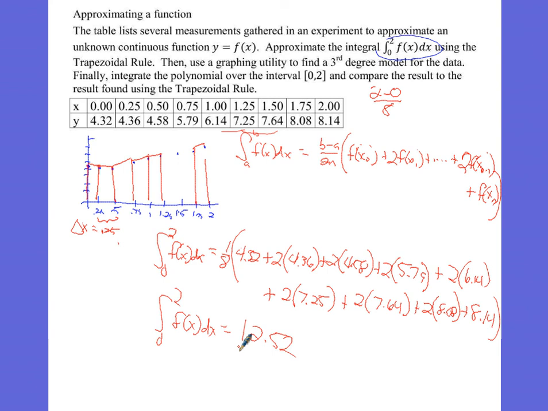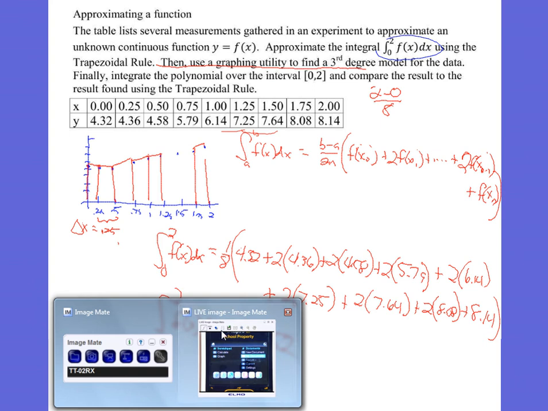So what I want to do here now is the second part. Using a graphing utility, find the third degree model. So we're going to make a scatter plot and force it to give us the third degree polynomial. If you don't remember how to do that,